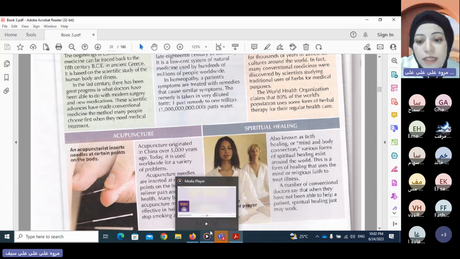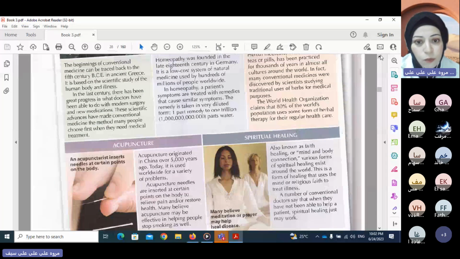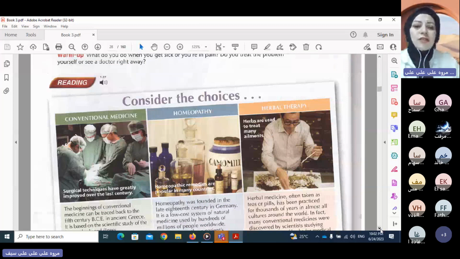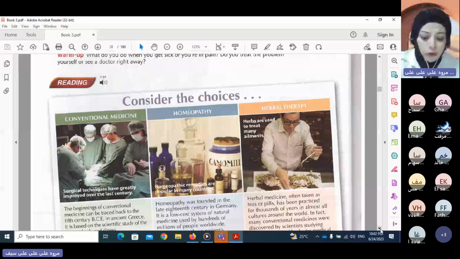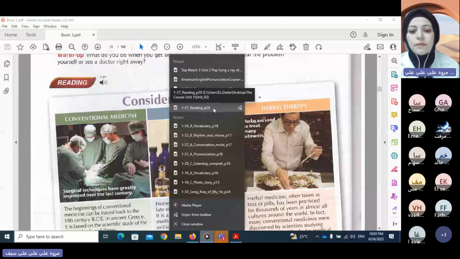Okay, very good. So now we are going to listen to the native speaker reading the whole passage for us, to check the pronunciation of every word, because I really find some words challenging here. We're not familiar with some words like homeopathy and spiritual healing. I used to pronounce this word differently. The stress is a little bit different, but the speaker says spiritual healing, so the stress is on the first part. So let's listen to it from the native speaker. This is why authentic material is important here.